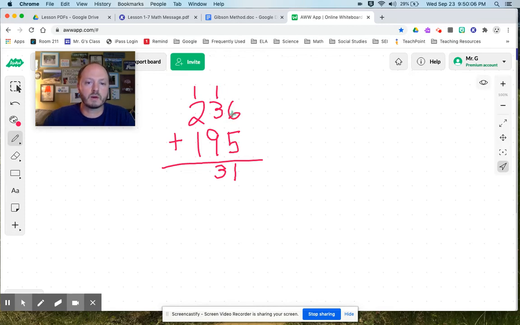So if we think about it, 6 plus 5 is 11, and we then bring the 10 from 11 into the tens place. And then we're adding the tens. So we have 10, 3 tens, 9 tens. All that together makes 13 tens or 130. And we're going to leave the 3 tens here and bring the extra 10 or 10 tens into the hundreds